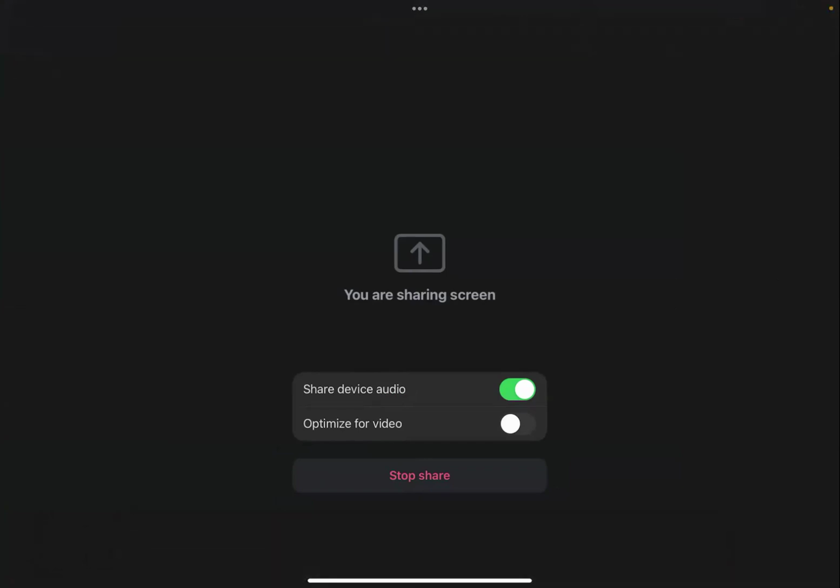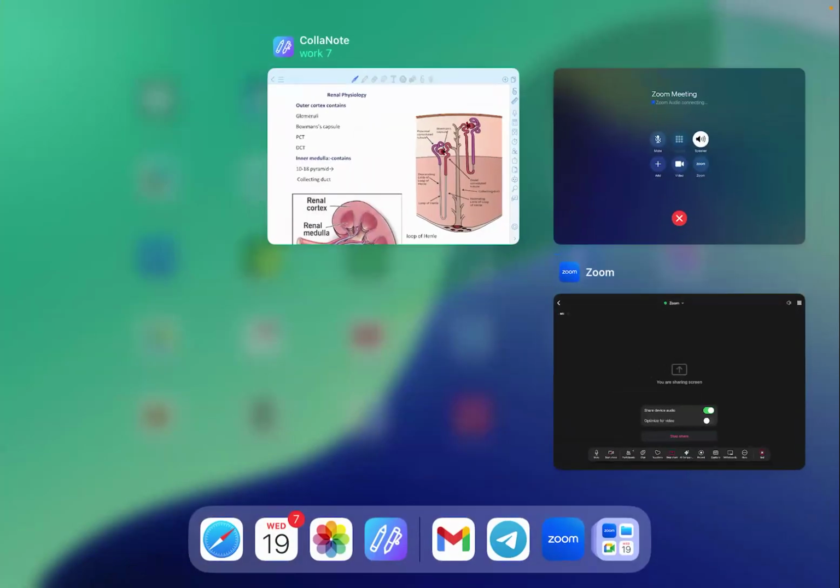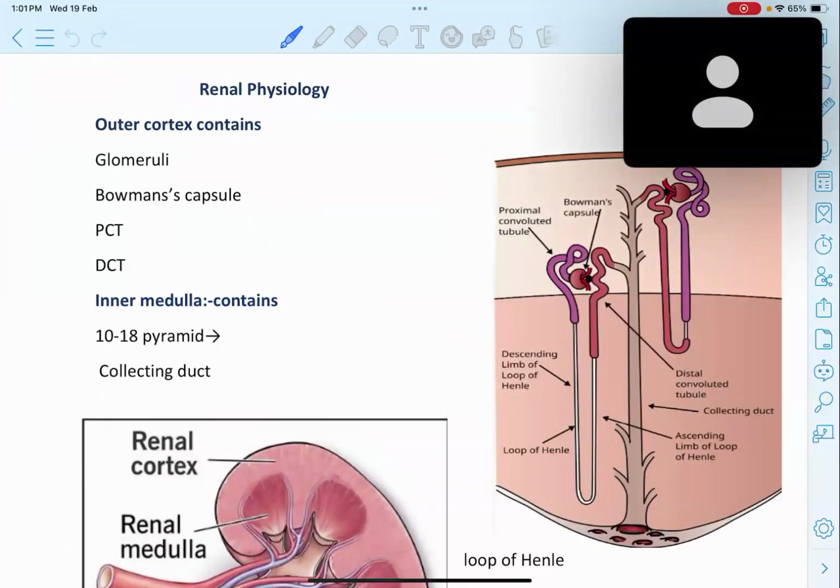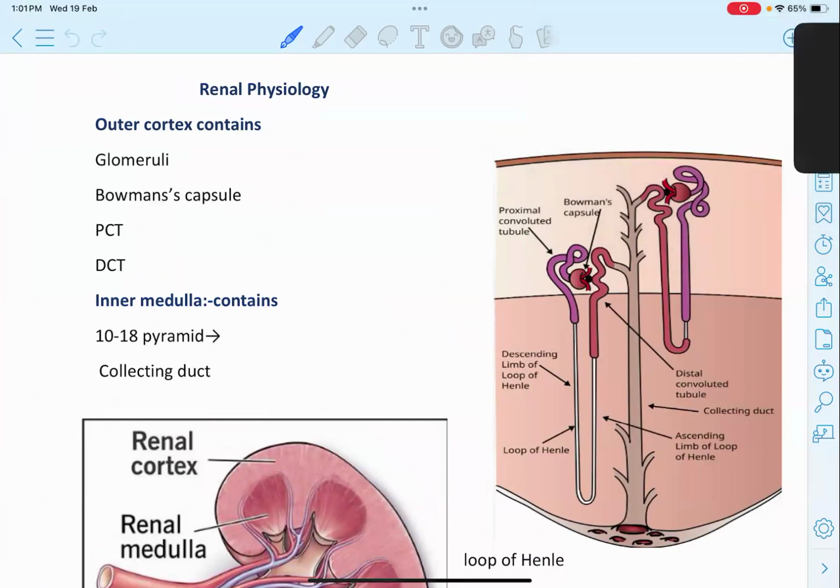And as promised, our class today will be on respiratory physiology. So, without any further delay, let's get started. Sorry, not respiratory. Sorry, our class today will be on renal physiology. We have already finished respiratory physiology. So, renal physiology will start with